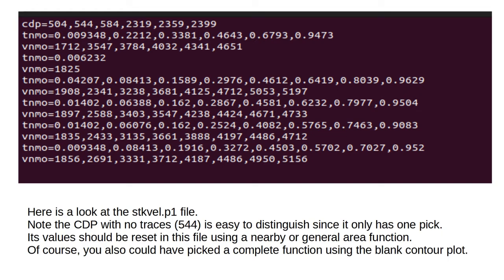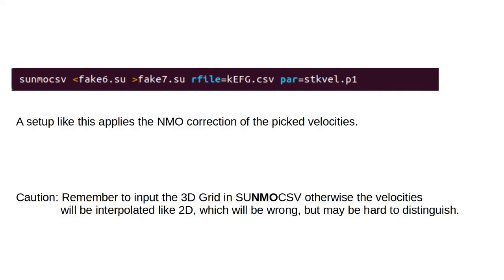This is the file created by the script. The CDP with no traces only has one pick. Its values should be replaced with good values from nearby locations or some general area values. A setup